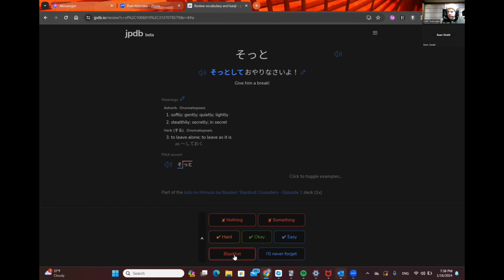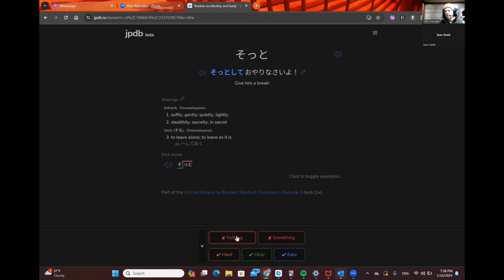Or you can blacklist it, which is just taking it out of your deck. I only blacklist things if they're redundant words, or if the system accidentally took the reading and got the wrong meaning, but that doesn't happen very often.